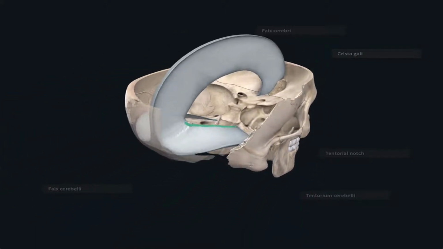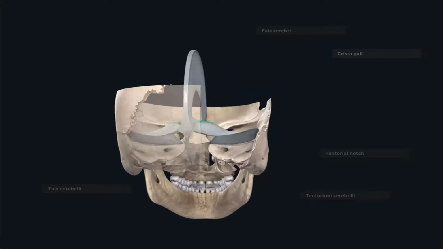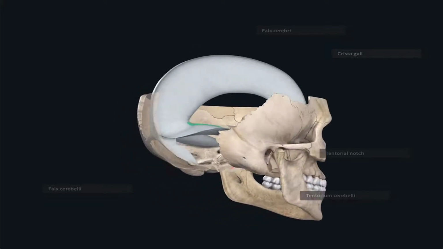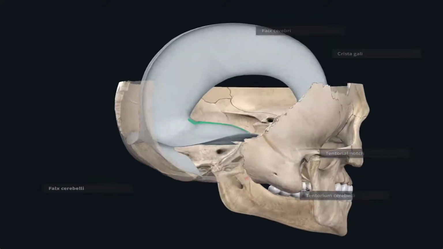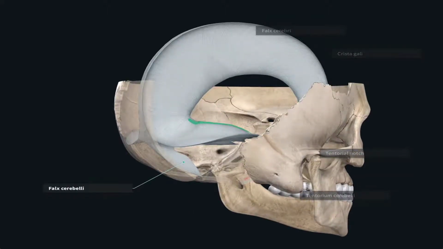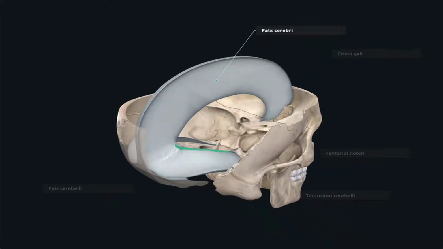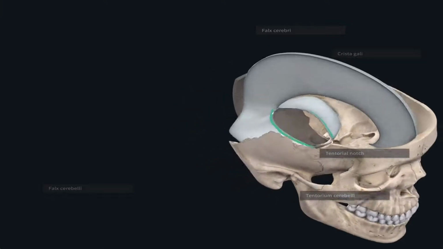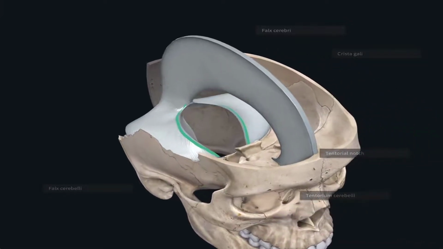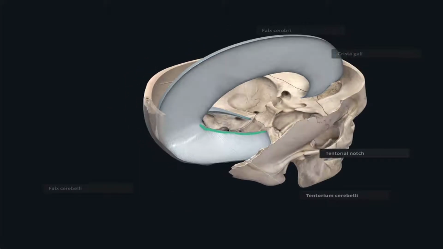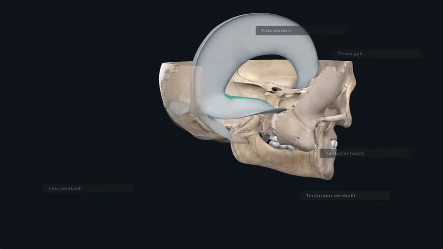In line with the falx cerebri, but positioned more inferior to it, we see the separation between the cerebellar hemispheres created by the falx cerebelli. Where the falx cerebelli meets up with the falx cerebri, we see another horizontally aligned dural extension, known as the tentorium cerebelli. The tentorium cerebelli is going to be positioned between the cerebellum inferiorly and the occipital lobe of our